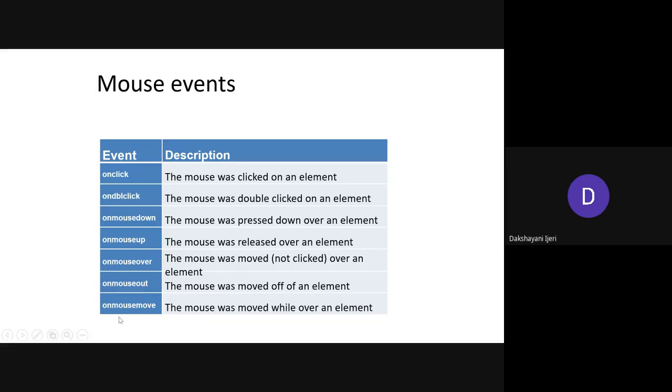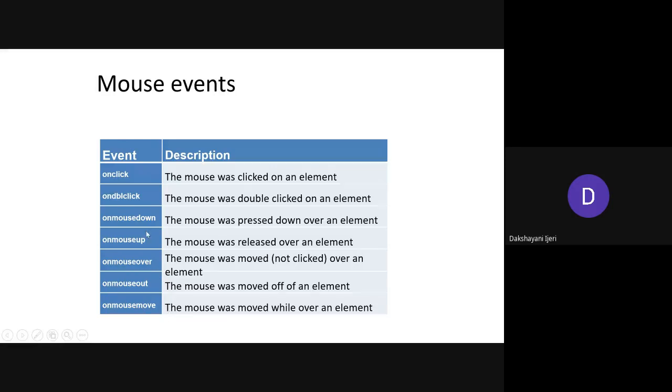Similarly, for onmousemove, the mouse is moved while over an element. Just randomly moving in this way, if you want to perform an action when the cursor moves over a specific element, you can use the onmousemove event.